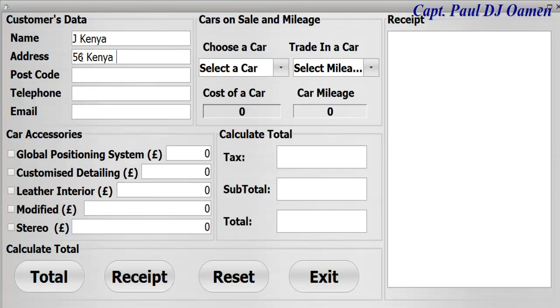So just respect to my people in Kenya, and that's it. Kenya, that's all I know about Kenya. Kenya Road. Okay, so that's supposed to be the postcode 9EN. Alright, telephone number right there, an email,